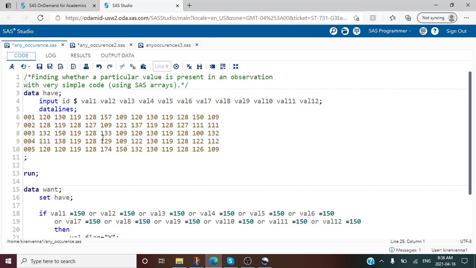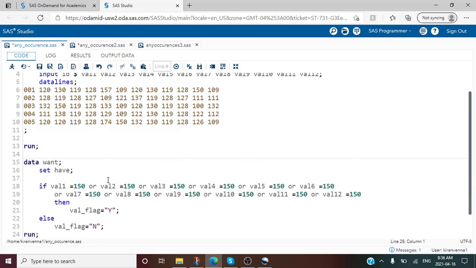One way to solve this problem is to write if then else statements by using a lot of or conditions. That is what is shown here. I need to write if val1 equal to 150 or val2 equal to 150, till val12 equal to 150, writing or for every variable.